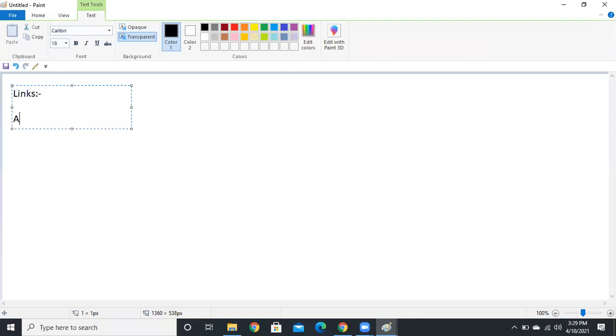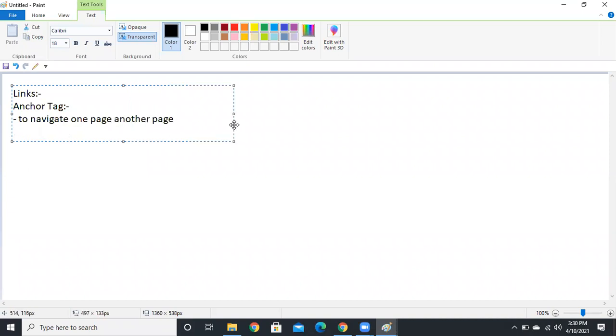For links, we just use the anchor tag, guys. So what is the use of the anchor tag? To navigate from one page to another page.